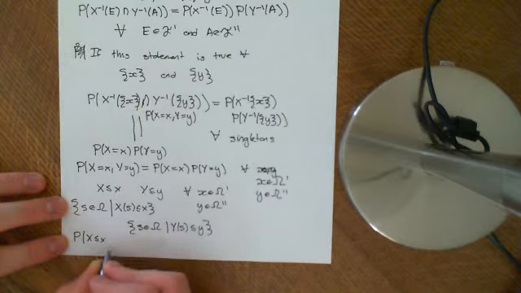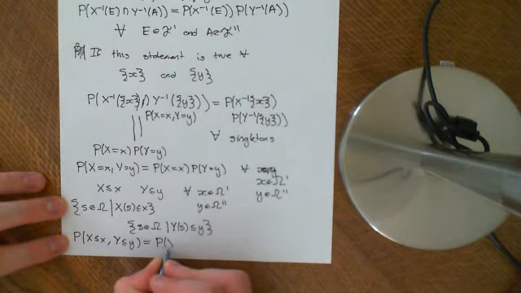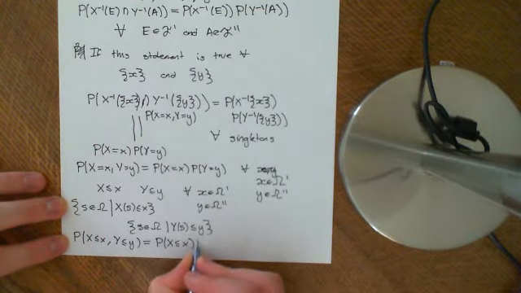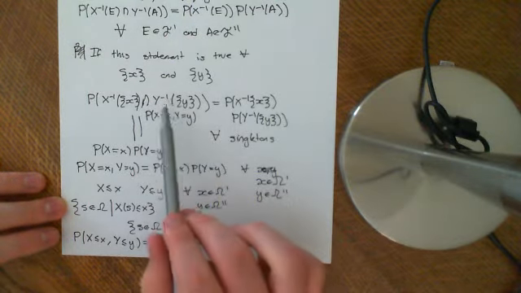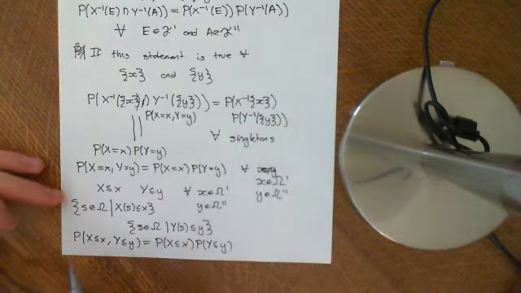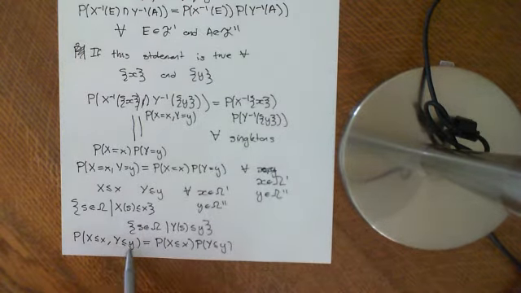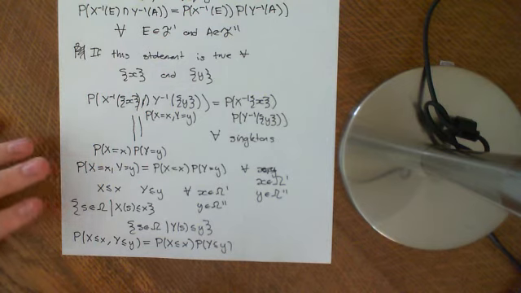So we therefore define, for continuous random variables, the independence property: the probability that X is less than or equal to little x and Y is less than or equal to little y is equal to the probability that X is less than or equal to little x times the probability that Y is less than or equal to little y. Basically we're just applying this formula for the events. The events that we are putting in here are the events that X is less than or equal to little x and that Y is less than or equal to little y. So that becomes the concept of independence for continuous random variables. And I just want to also